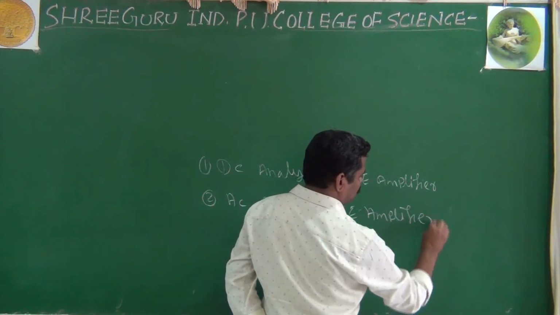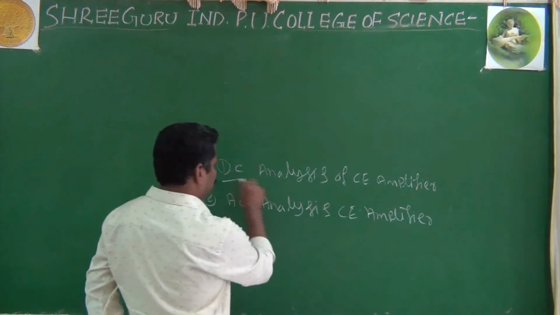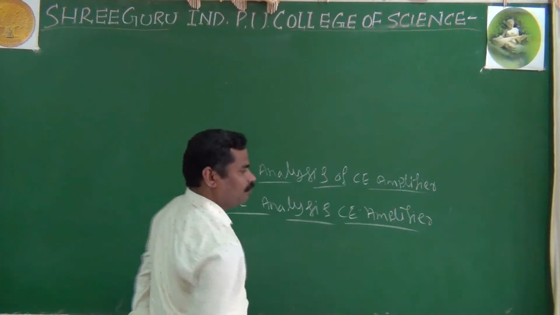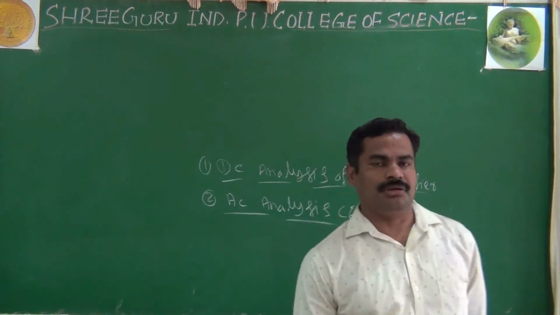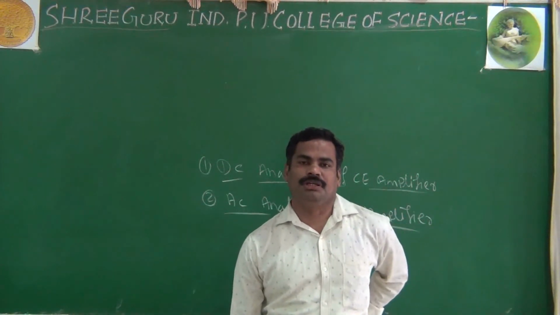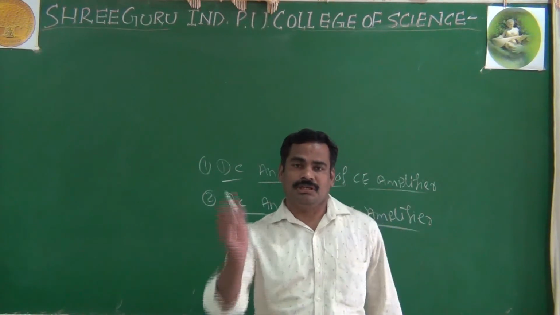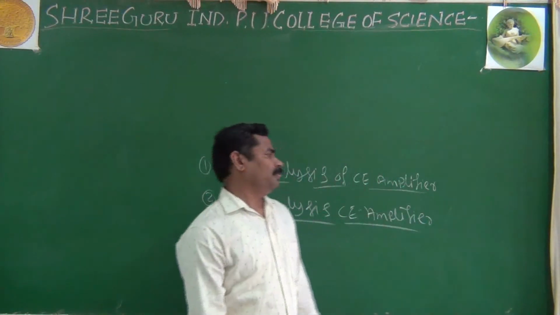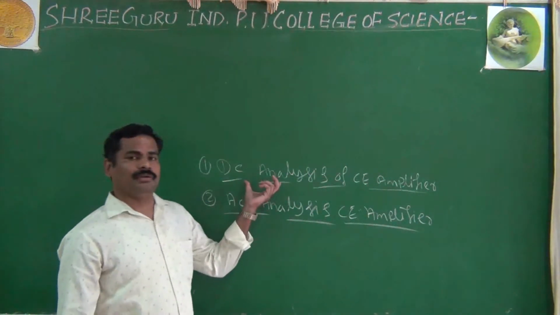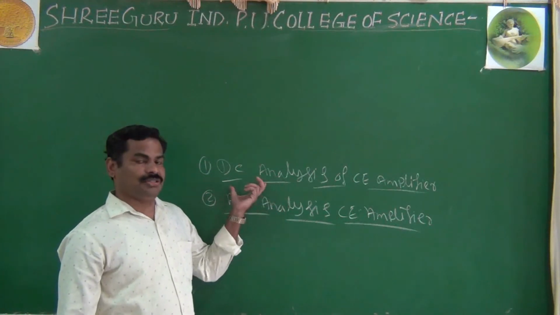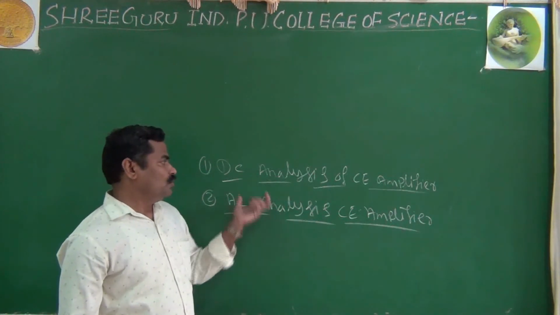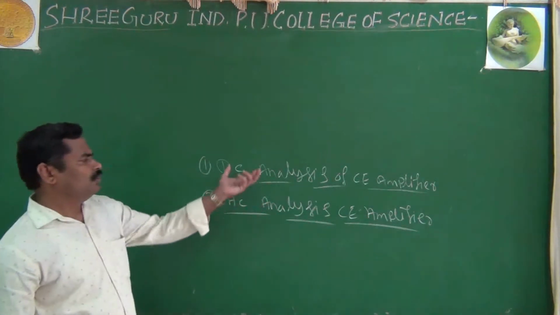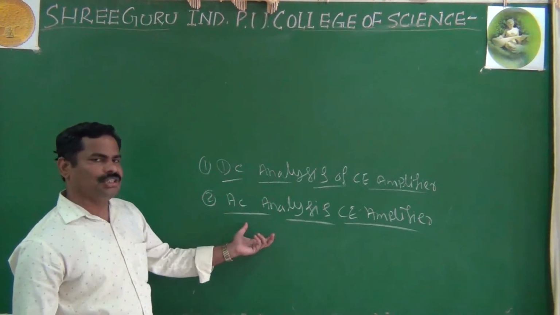Look here, as we already know, you have studied amplifiers in detail. Especially you give importance to the CS amplifiers because they have more advantages. As said, we have more current gain, voltage gain, and power gain, and the input and output are 180 degrees out of phase. For the CS amplifier, we have to analyze in two ways. One is called DC analysis, and the other is called AC analysis. It is also called the DC equivalent circuit or the AC equivalent circuit.